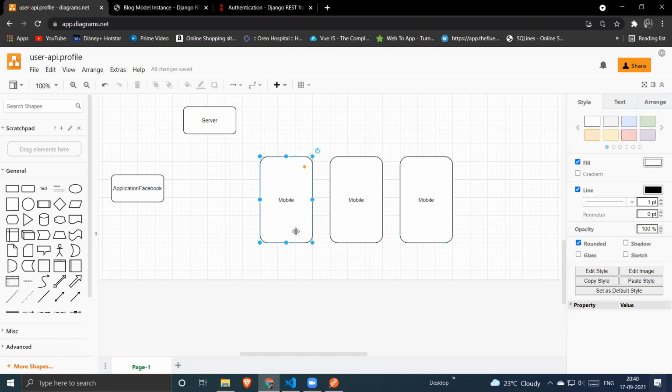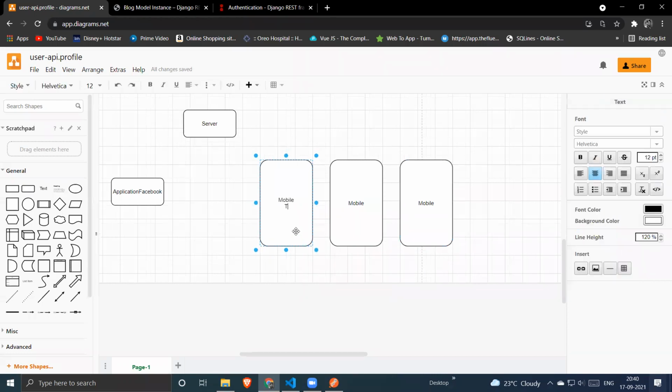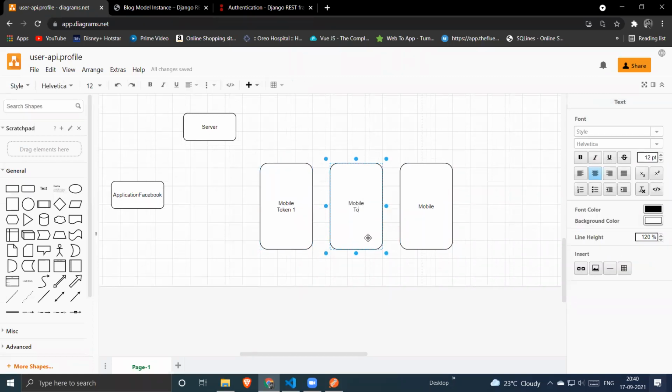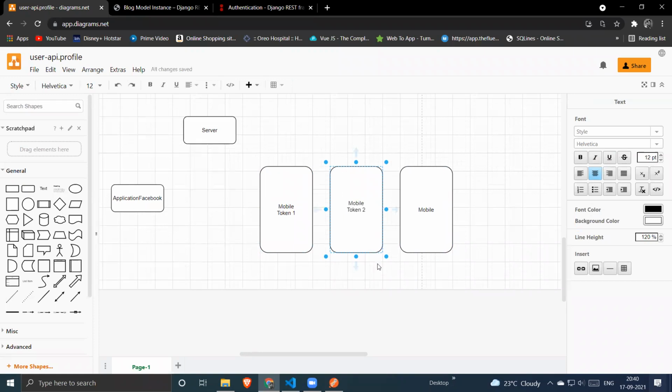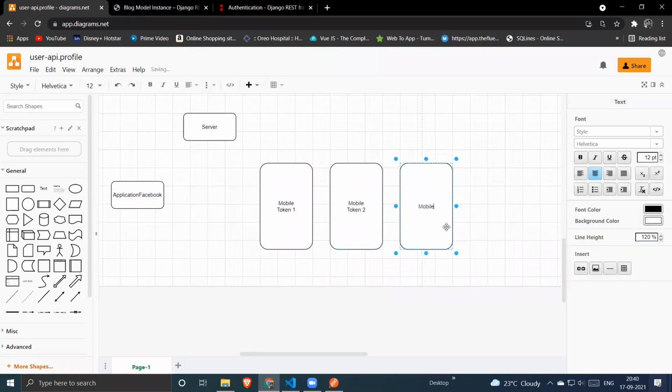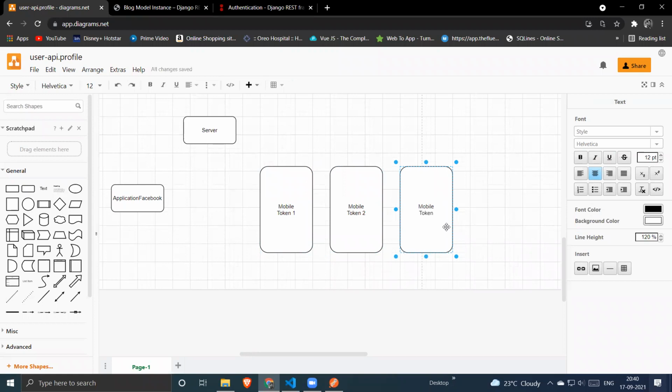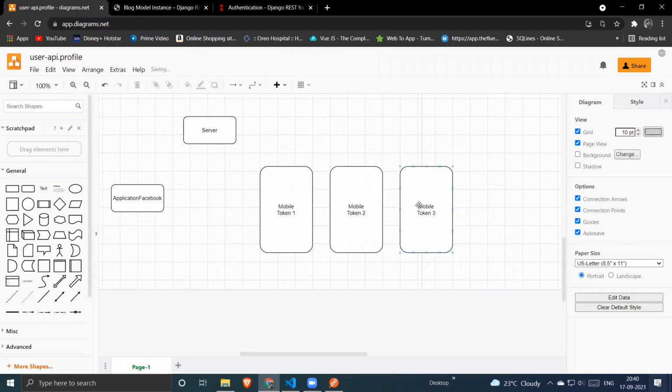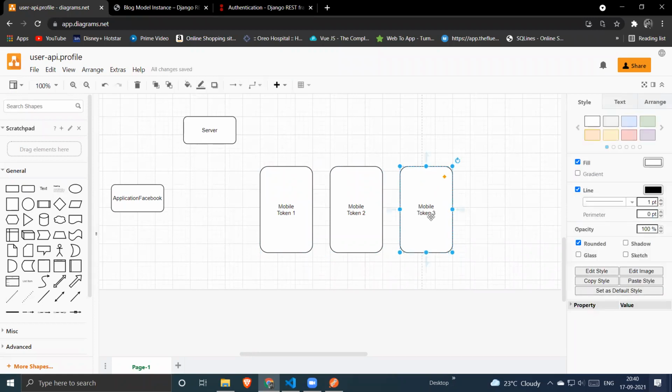So for example, this mobile has some token. Let's call it token 1. Let's call it token 2. Let's call it token 3. Whenever this third mobile makes a request, it will pass the token 3.